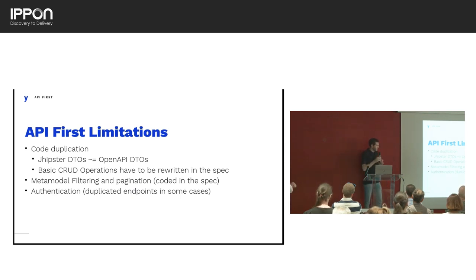As far as authentication is concerned, it happened to us that the default authentication wasn't enough, and we had to code it again. Maybe some custom fields or some different security rules or something different in the workflow that brings the user to your website for the first time. So we had to code it again, and again you have duplicated code. So API first is a good option, but it has limitations, and it really depends on how much interaction you have with the external world. Okay? So now,